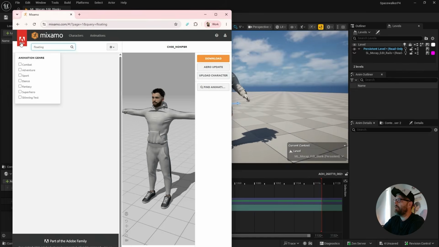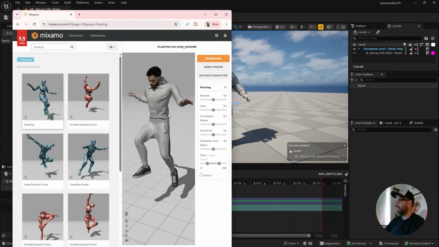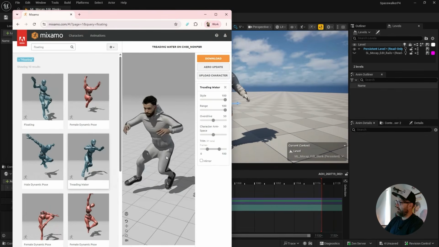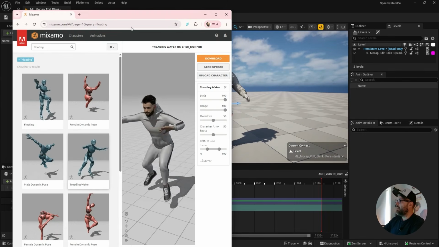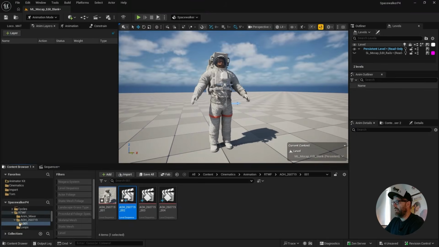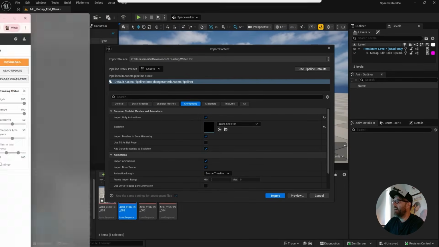Now there are no astronaut animations in here, but there is treading water like that. Bit much, obviously. There's this one that feels a little bit better. So I'll download that one, and I'm going to just throw it in here. Now again, there's another video on how to import Mixamo. My recommended Mixamo settings, basically, I tend to download everything for this Adam character, who's this guy,